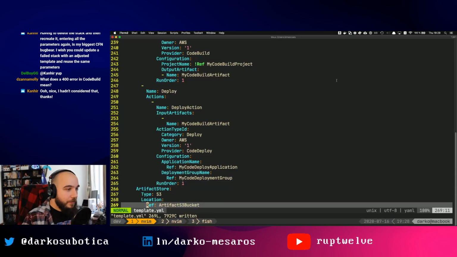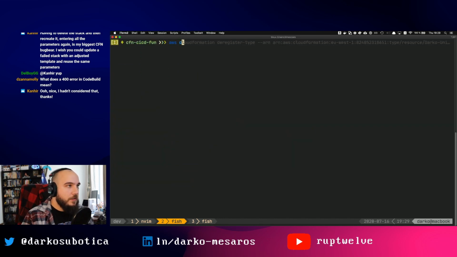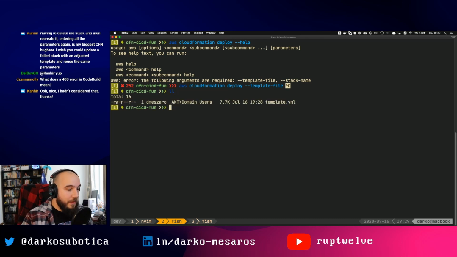Okay, let's try to create it using the CLI. So what would be the best way? Let's do this and then like that, and then CFN. So we can do the following: AWS CloudFormation deploy. Let's see how this works. So we need a template file. So we can do template file, call it template, template YAML, is it like that? Oh, really? Template YAML, yeah. AWS CloudFormation deploy, template file, template YAML, and stack name,